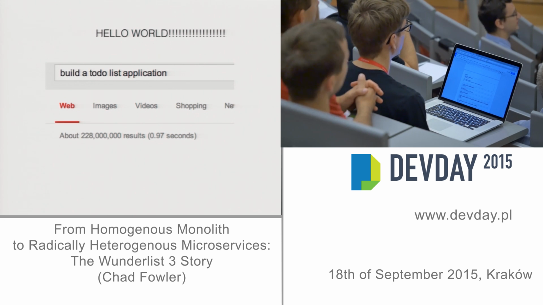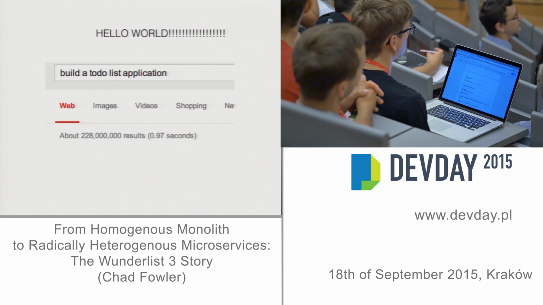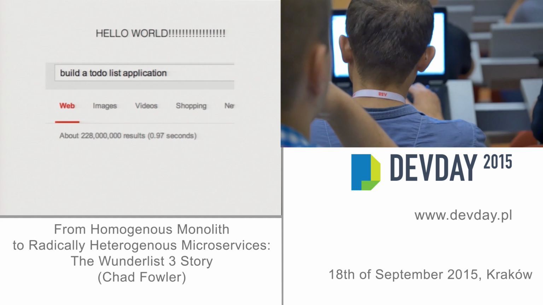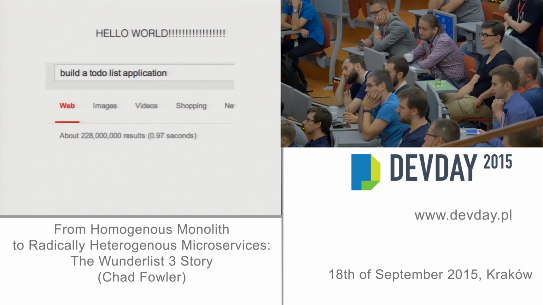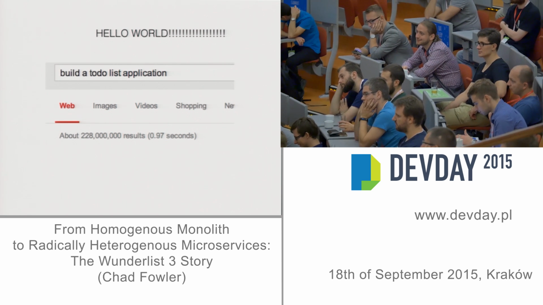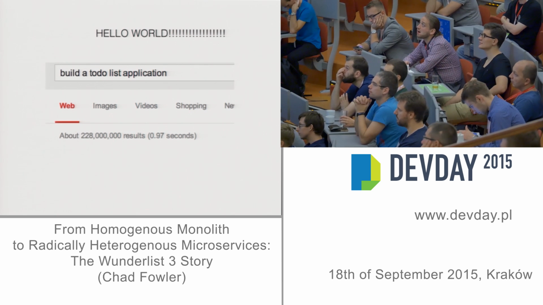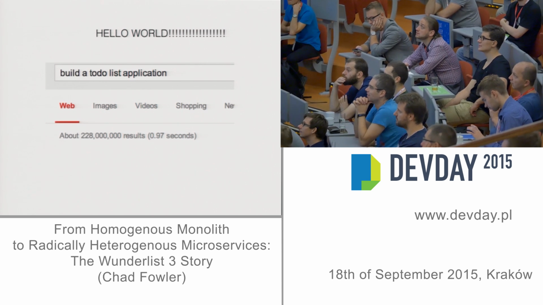I moved to Berlin 2.5 years ago to work on this, and previously I was SVP of technology for Living Social, which was doing massive scale. We were setting e-commerce daily world records, and I had an international 350-ish person team working for me, and I left to go work on a to-do list. So everyone was like, why are you working on a to-do list? That's so strange.